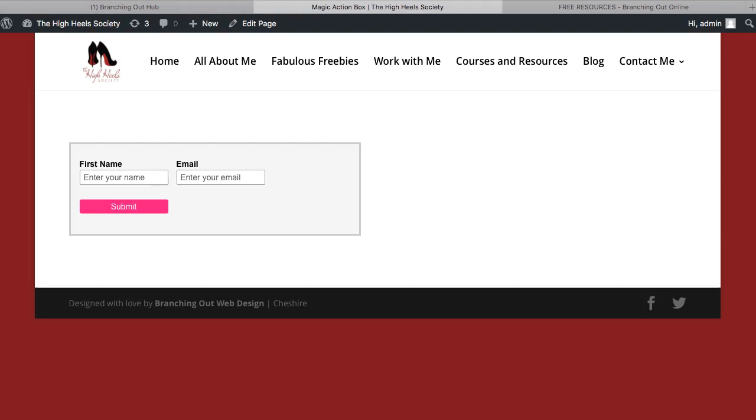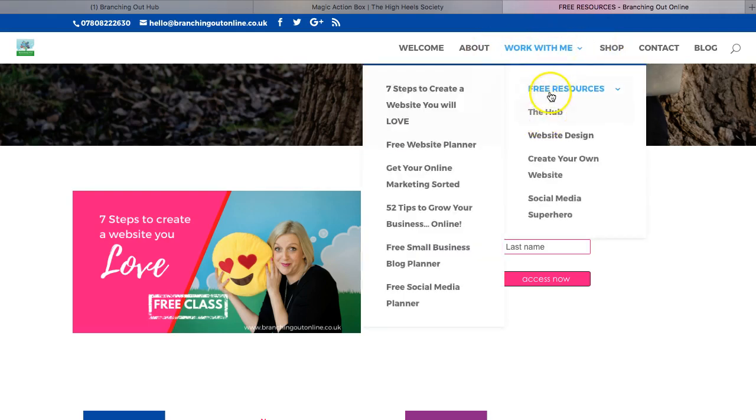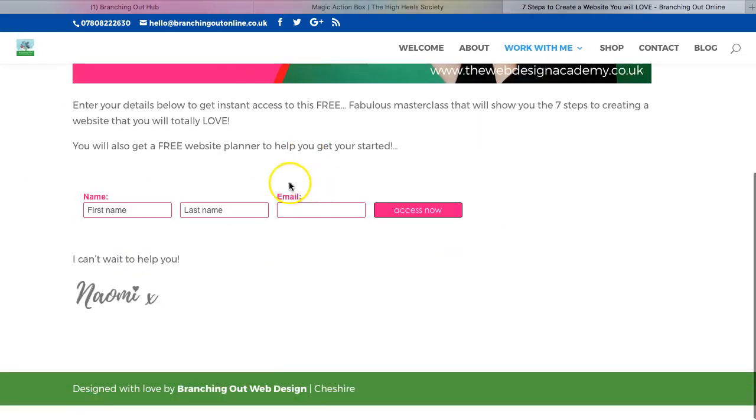Okay, so that's if you just want to have one sign up on a page, and just to give you an example of where I've used this. If we just go into my free resources here, so if you went on to something like 7 Steps to Create a Website You Love, you can see I've just got a big image here and I've just got it used once,